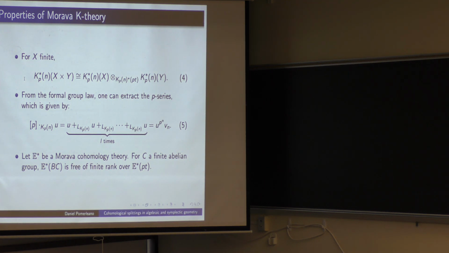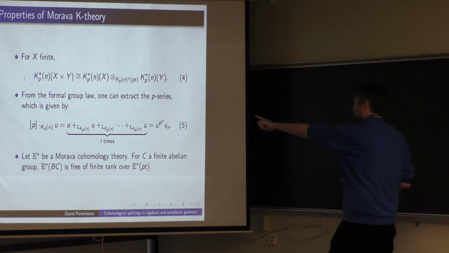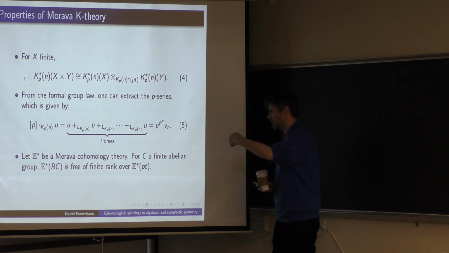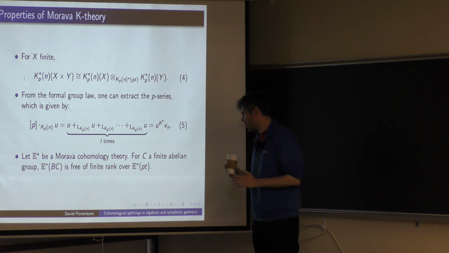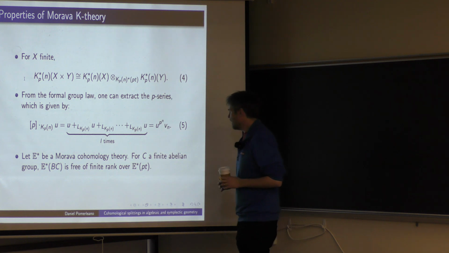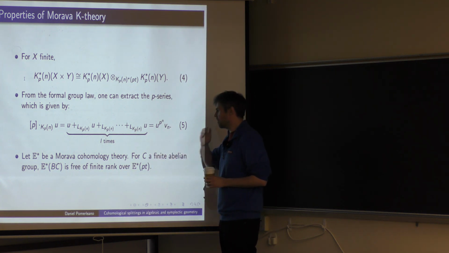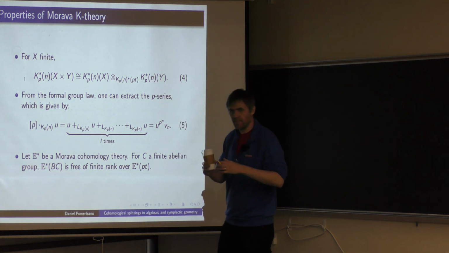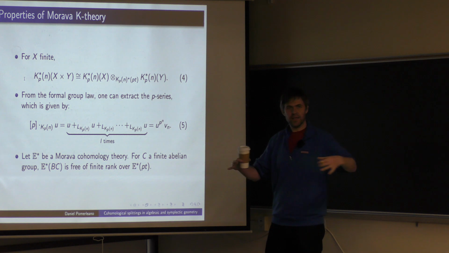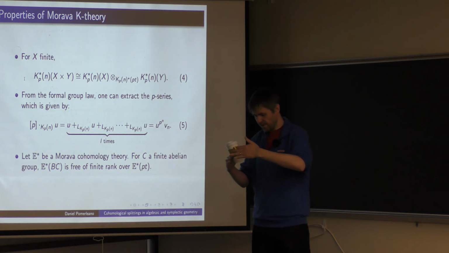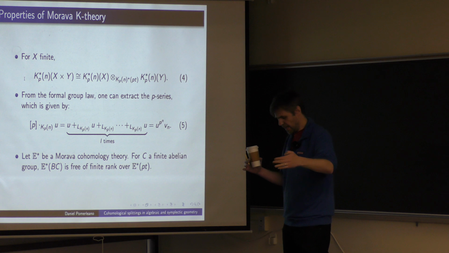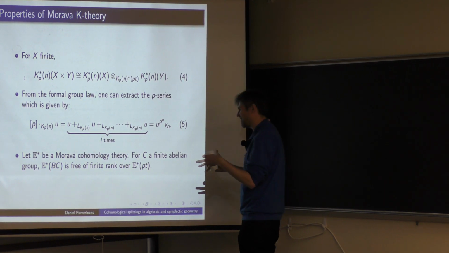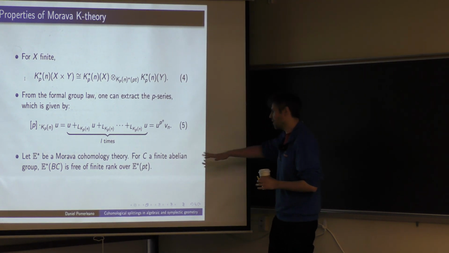And finally, there's another really nice thing which is very related to this actually. If you do usual cohomology, and if I get far enough, this will be very relevant. If I have a finite abelian group, and I'm looking at the ordinary cohomology of that, that's kind of a mess because it has an infinite number of not generators, but it's concentrated in infinitely many degrees. So it's definitely not a finite thing, but this Morava theory